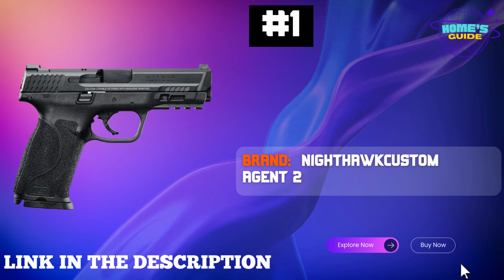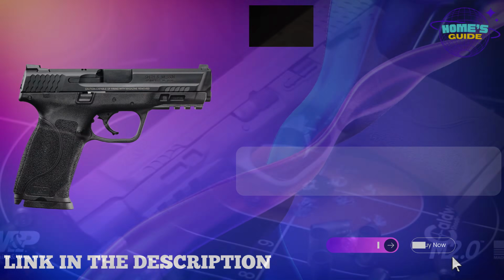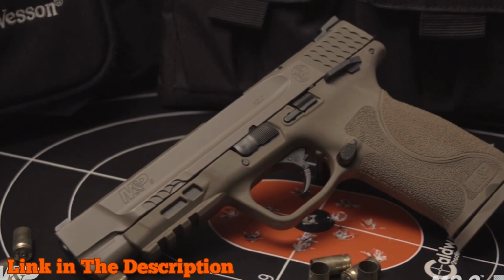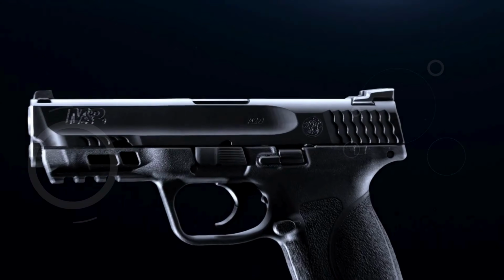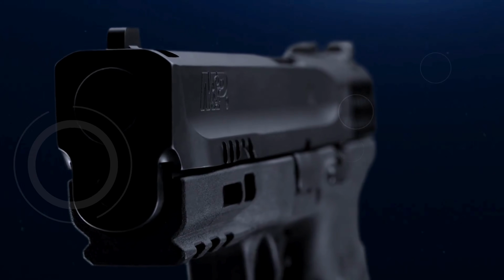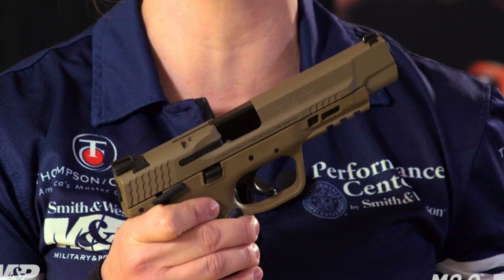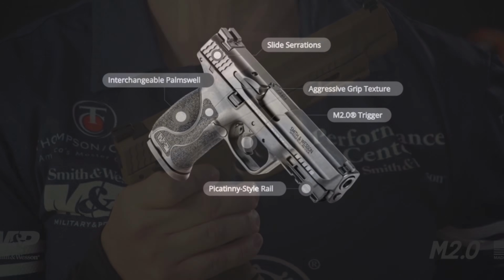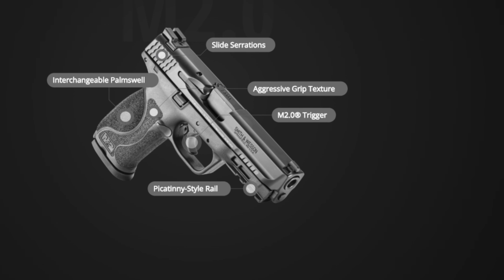Number 1. Smith & Wesson M&P 2.0 full-size series is a powerful and reliable striker-fired pistol designed for those seeking one of the best .45 ACP pistols on the market. With a robust polymer frame and a stainless steel 4.6-inch barrel, this pistol delivers excellent durability and precision. It features a comfortable 1.3-inch width and an overall length of 7.9 inches, making it well-balanced for both duty and